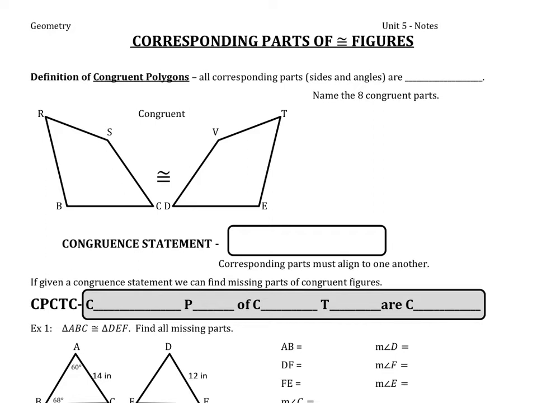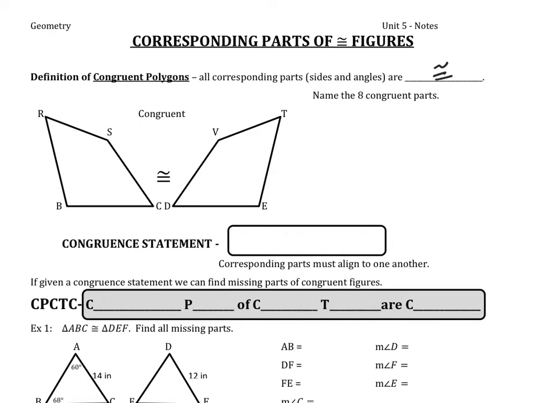So we're going to be looking at all kinds of polygons or all kinds of figures, but we are going to focus mainly on triangles. We are going to have a couple other shapes in here. So when we're talking about this, we're going to say all corresponding parts, sides and angles are congruent. So we've seen corresponding before in parallel lines cut by a transversal, and corresponding essentially means kind of in the same relative location, so relative